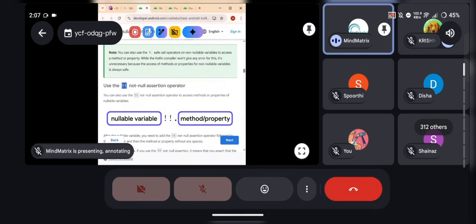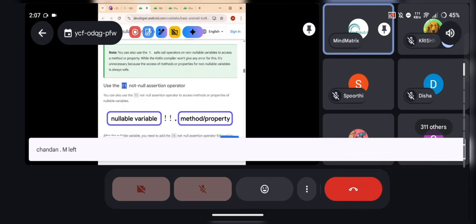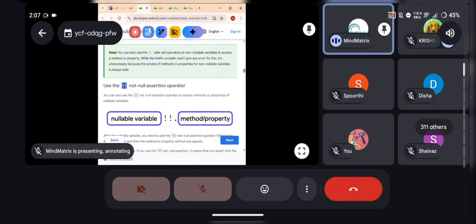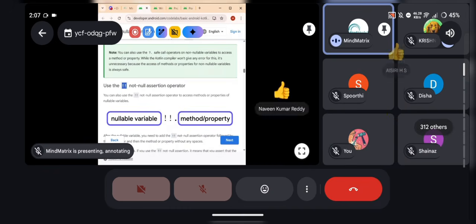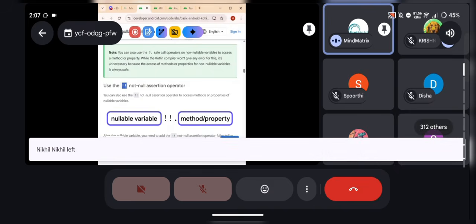So for today's task, you have to build a business card app, and you have to complete session 5. I'm just completing the two code labs only: one is conditionals and one is nullability. The other two are also there, and you have to go through those too. So complete session 5 and session 4 also. Building the business card app is for completion of session 4.